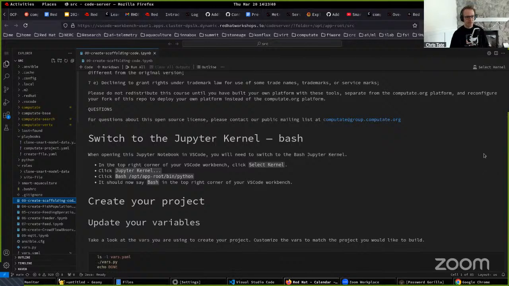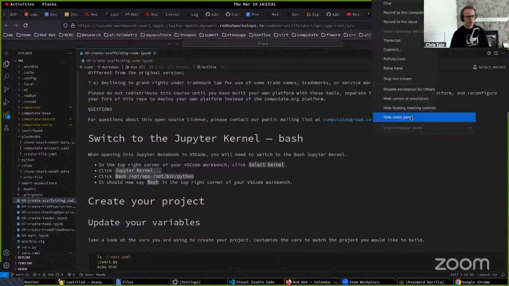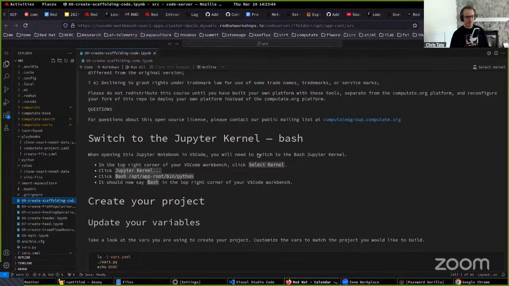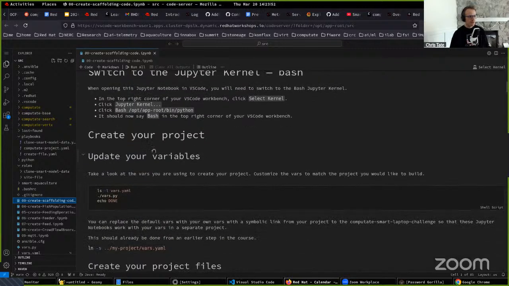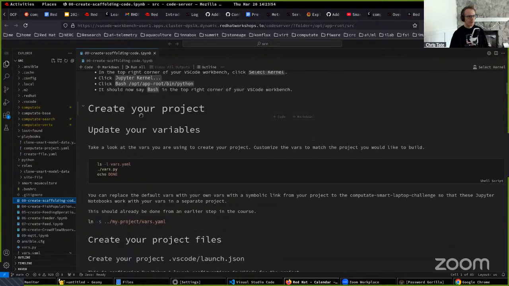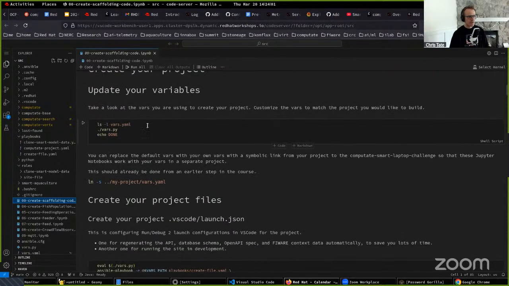First, I wanted to hide the video panel there, and then we go to this section about create your project. We update your variables. If I run this command, it's going to show our variables that have been defined for Smart Aquaculture. I run this, and I switch to Jupyter kernel bash,